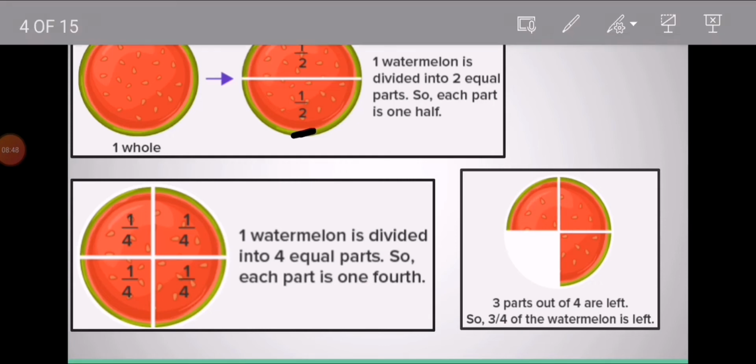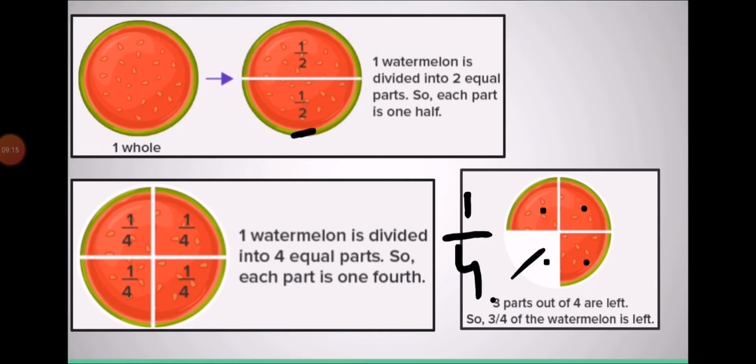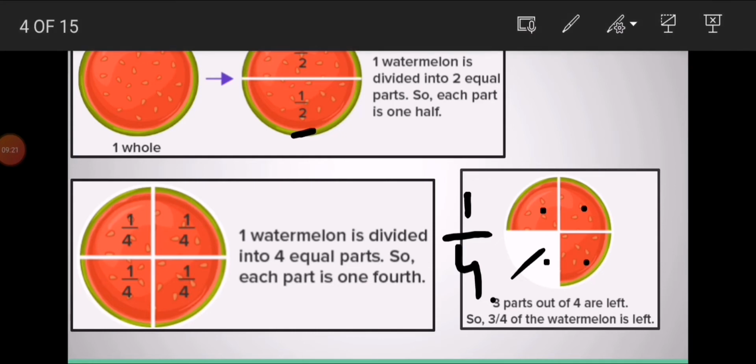So the left fraction is 3 by 4, 3 out of 4. And the gone fraction is 1 out of 4. 4 is the total parts and 1 is the taken out. So whenever we have to write the fraction, we always write the total parts first. Draw a line, write the total parts. 1, 2, 3, 4. Total parts are 4. And which fraction are we going to find out? The one which has been taken out. 1 is taken out. So we write 1 above. So it means 1/4 is out and 3 by 4 is left. So the fraction present here is 3 by 4 and the part which is gone is 1 by 4 out of the whole.